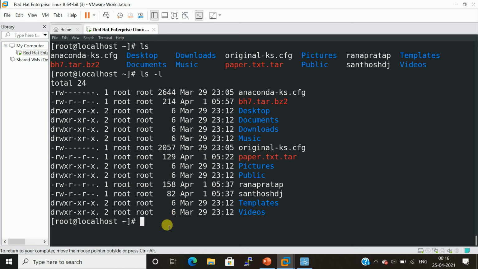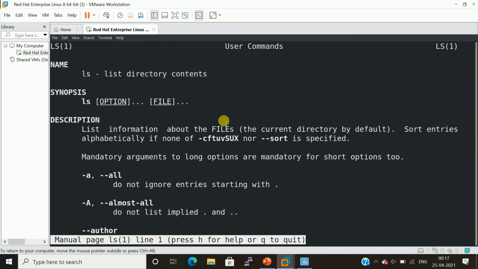Let us go with another command, man. Man is a helpful command. For example, I am using another command, ls. Man ls will show all the helpful options of ls.